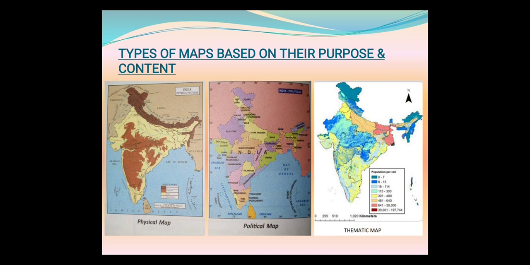Whereas thematic maps show a particular feature or theme of an area, like vegetation, climate, population density, etc. Cultural maps, atlas maps, industrial maps, agricultural maps, military maps, and linguistic maps are included in thematic maps.